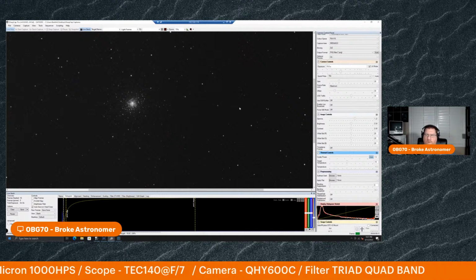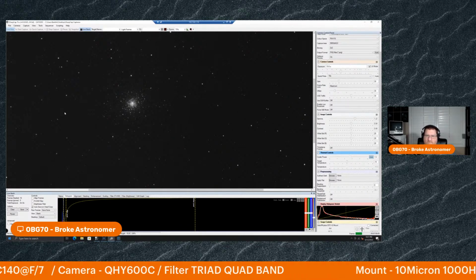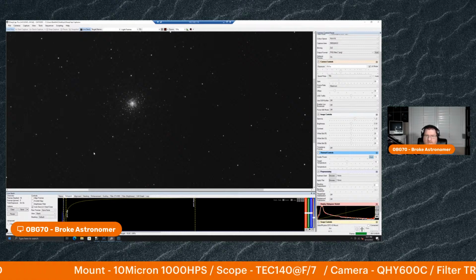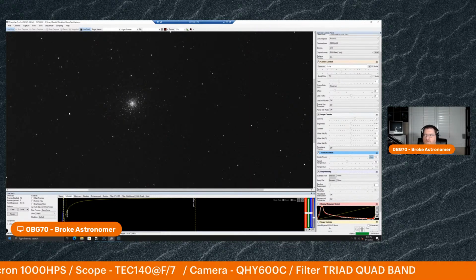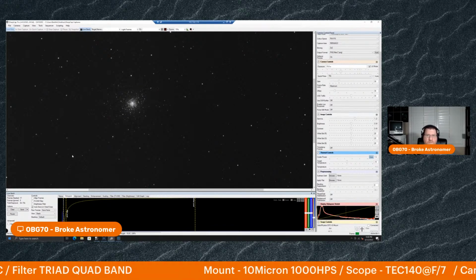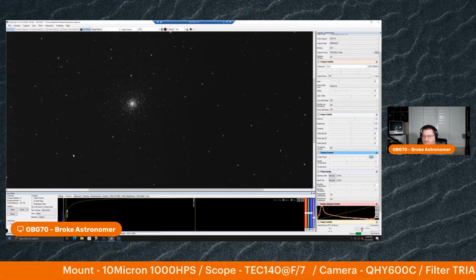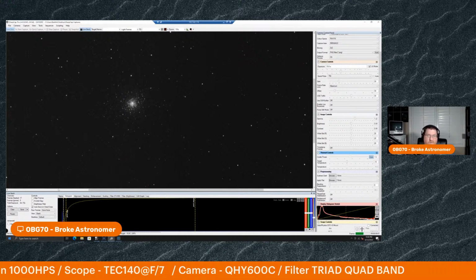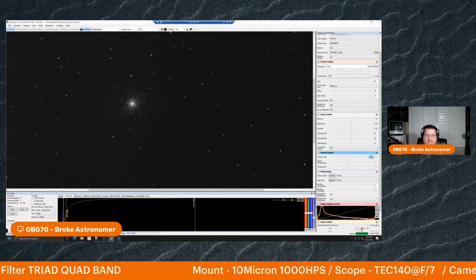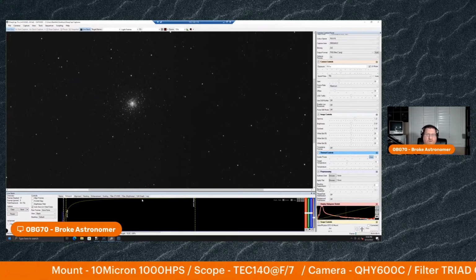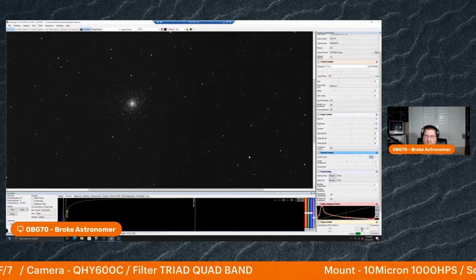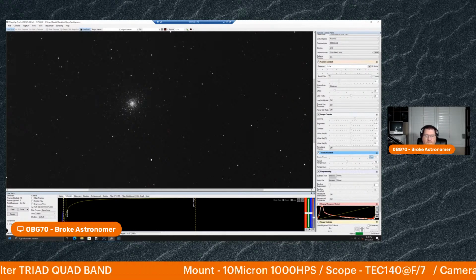Now, how do we get rid of all the blue and green and all that? Well, we have to actually add what's called darks. We have to have dark subtraction. And you get darks by covering up the telescope so that no light can get in at all. You take a picture as if you're taking a picture of something, but it's just blackness. And then you subtract all of the stuff that you see, which would be all these red and blue and whatever things,